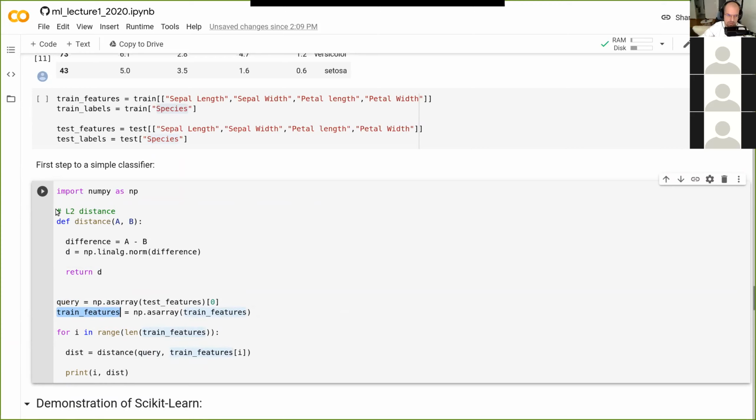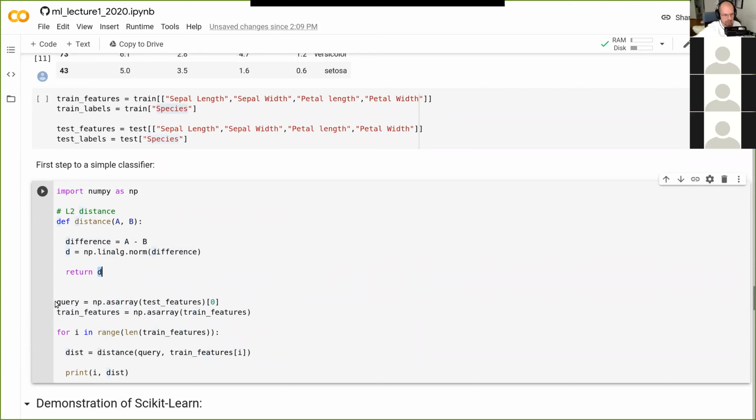And we can use a function for that. So here I'm defining a function. I call it distance, and I'm implementing the L2 distance norm here. The way I'm imagining it is you put in a row and another row, and this calculates the difference between the rows. And then there's a function in NumPy called norm, so this is the L2 norm of that difference. So this will be the L2 distance between these 2 points, no matter how long these vectors are. And then finally, I return the distance.